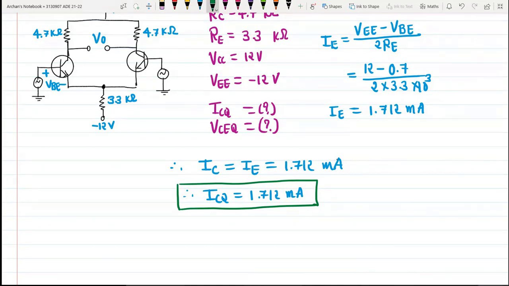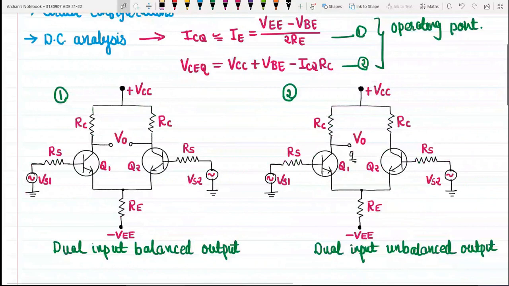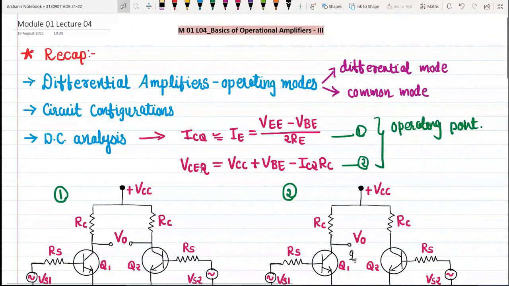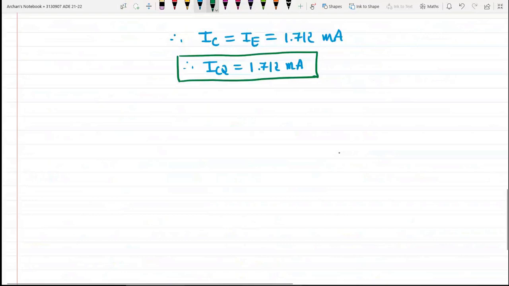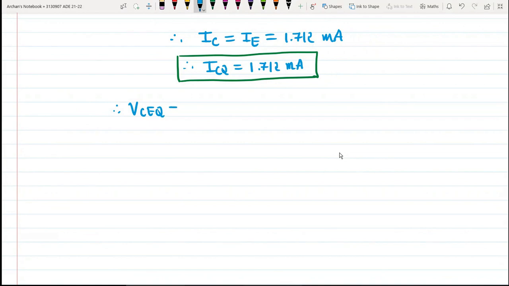Now we have the equation for finding the VCEQ voltage also. Let us go back to the equation. Here you can see VCEQ is equal to VCC plus VBE minus ICQ RC. So we will use the same equation to find the voltage VCEQ. VCEQ is given by VCC plus VBE